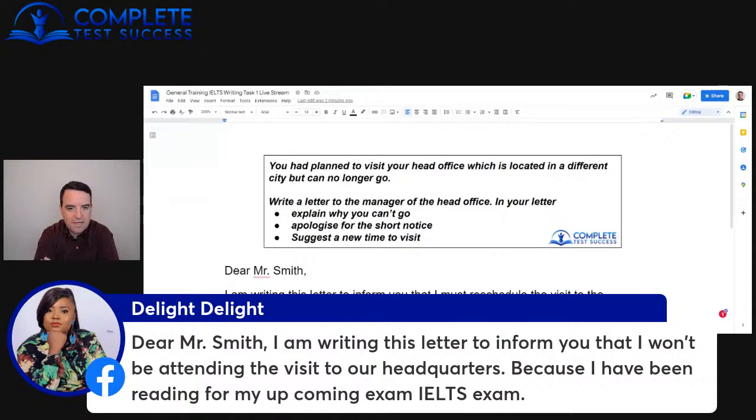But just saying that you want to study, it sounds like you're saying you want to study for the IELTS test. So if that was the case, you wouldn't have scheduled the visit in the first place if you wanted to do something that is your own choice. So no, that wouldn't be an acceptable reason. It doesn't make sense.